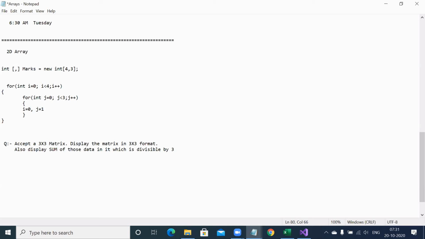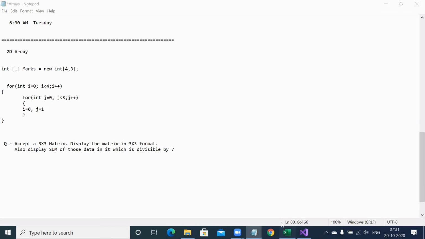Okay, let me take divisible by 5. If I take 3, you may confuse that 3 rows, that's why. It is not having any relation. It can be 7 also. So also display sum of those data in this array which is divisible by 7.